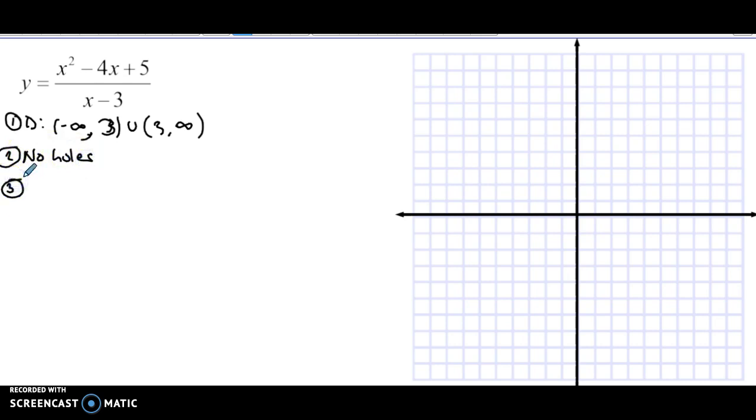Step 3 is to go ahead and identify our vertical asymptotes. So I'm going to set the denominator equal to 0, and I get x equals +3, which tells me my vertical asymptote is at x equals 3. So I'm going to go ahead and plot that. So 1, 2, 3, vertical asymptote. All right, number 4